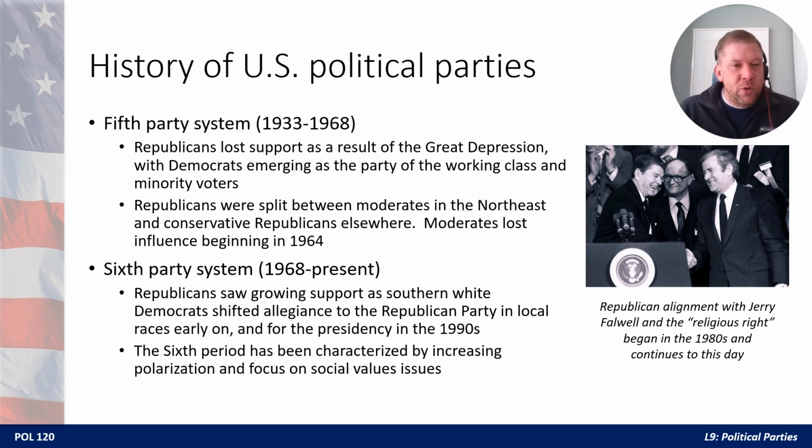All of this leads us to the sixth party system, and that's the one political scientists and historians would say we're in today. 1968 to present, Republicans end up seeing growing support as Southern white Democrats shift their allegiance. And so what was occurring is, when we talked about the Democratic Party was the party of the working class in the South, but this is also, if you remember, the time period of a lot of civil rights legislation